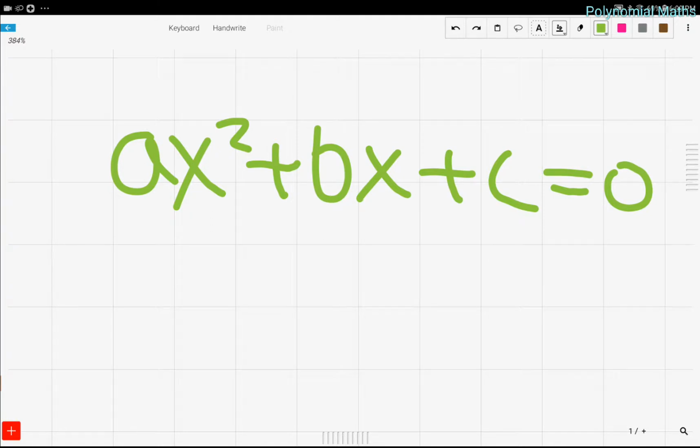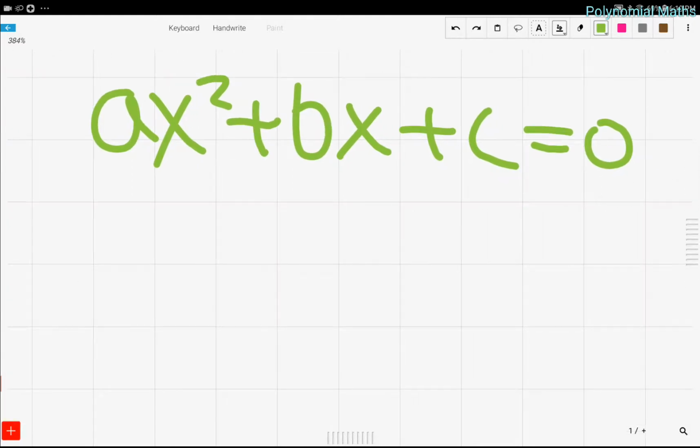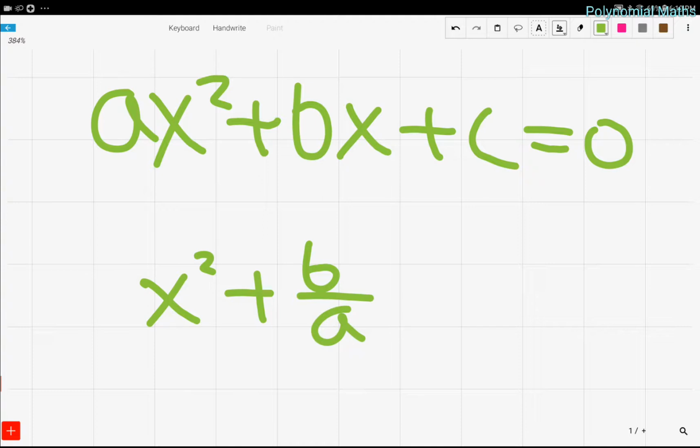So, what we can do to solve for the quadratic formula, well, actually there are many different methods, but in this method we're going to solve by completing the square. So the first thing that you usually do when you're completing the square is divide by the leading coefficient, which is exactly what we're going to do. So dividing by the leading coefficient, we're left with x squared plus b over a x plus c over a